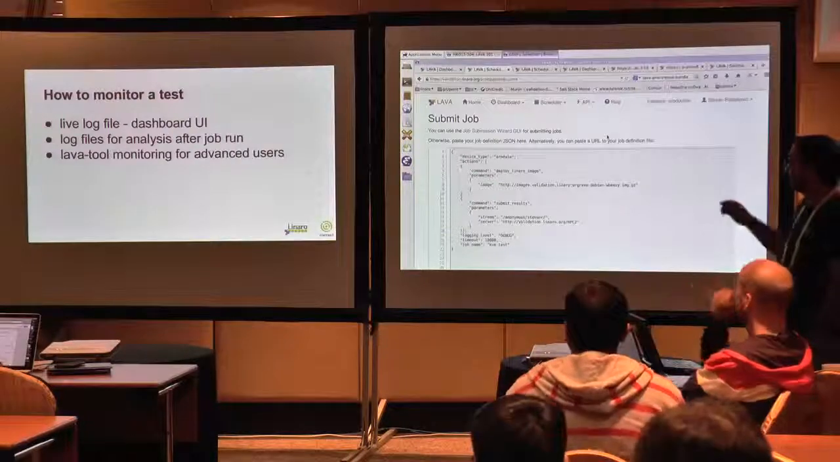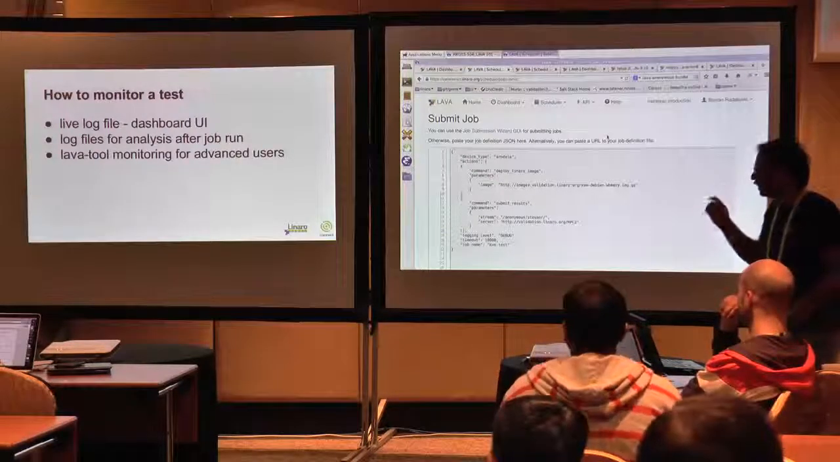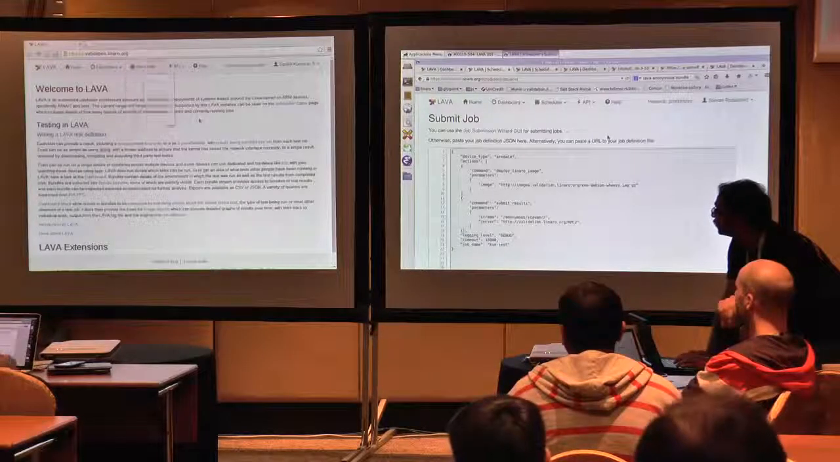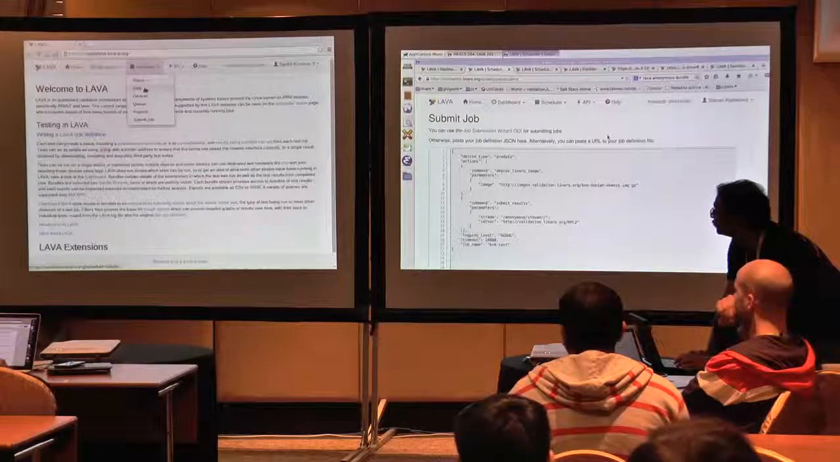And monitoring your jobs, there are different ways. The first one is live log files. So what happens is, as soon as you submit a job,